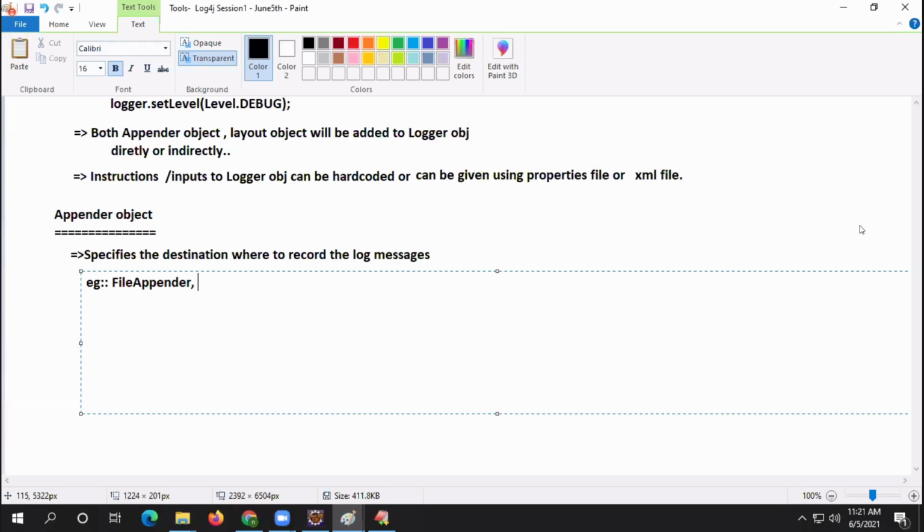File appender, rolling file appender, daily rolling file appender.